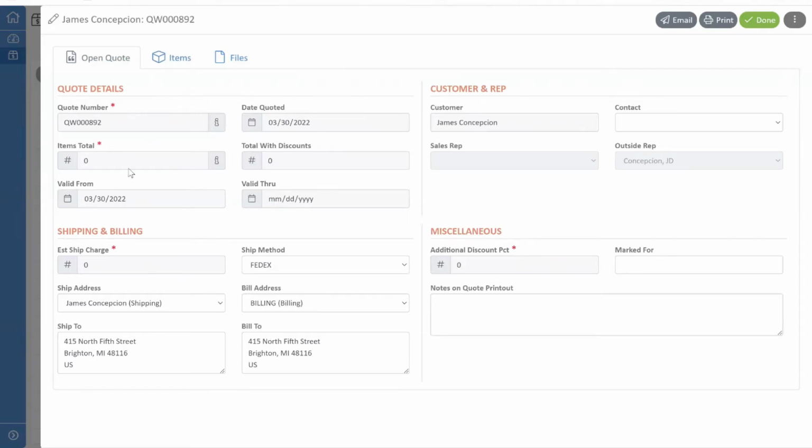The other is please verify your shipping information. You can add a marked for here in this area, just type that in. And then any personal notes that you have that you need to relay is very, very helpful. Anything that pops up, and there's frequently some custom item or something that you had a question about, or hardware, some type of thing that you can put in here that we need to be aware of when we start